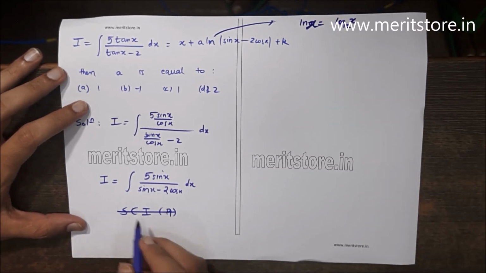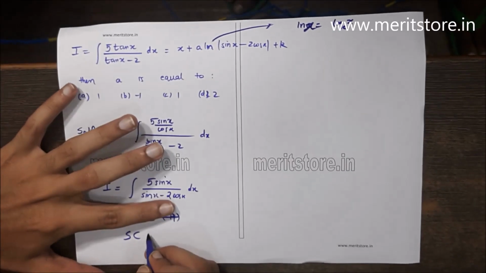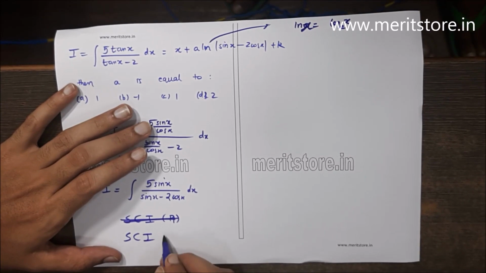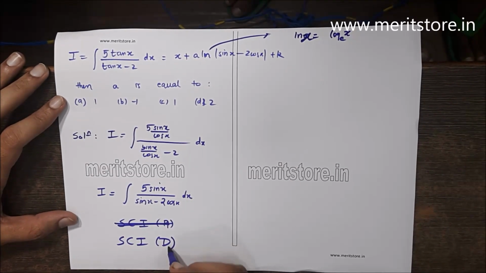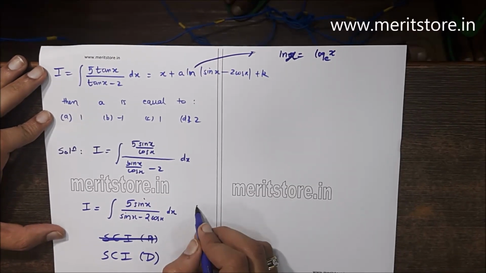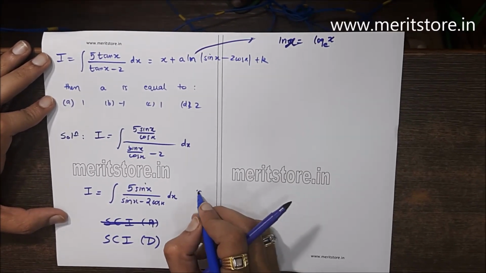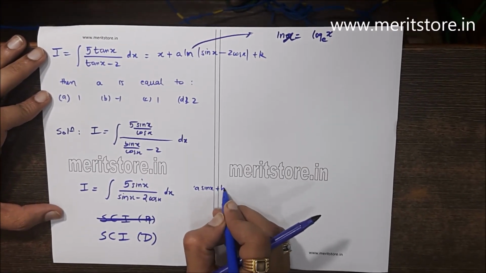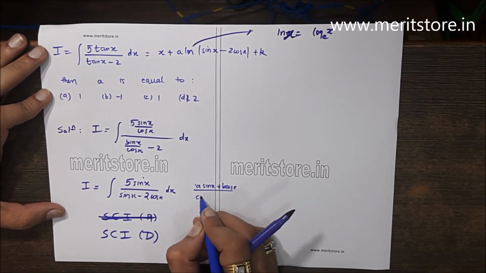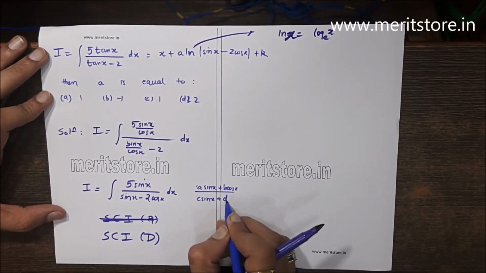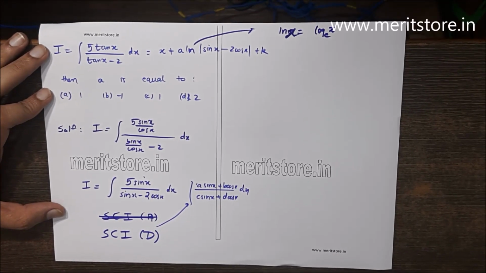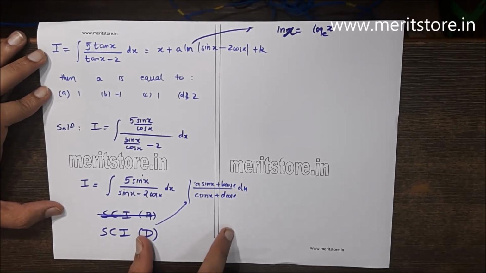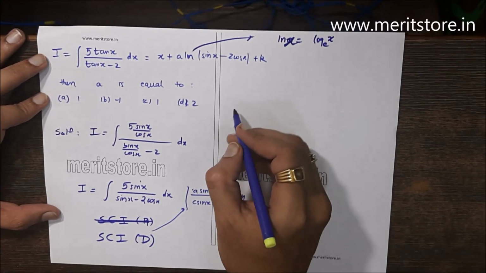This is of the type sine cosine type D, in which we compare this entire integral with a sin x plus b cos x upon c sin x plus d cos x. We'll compare it with this type, apply the standard method which we follow over there, and the integral will reach